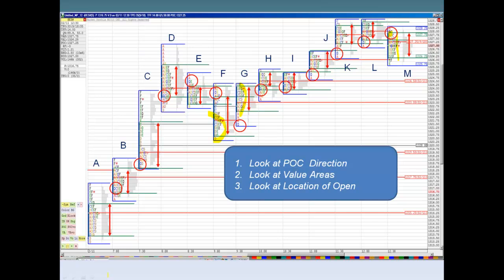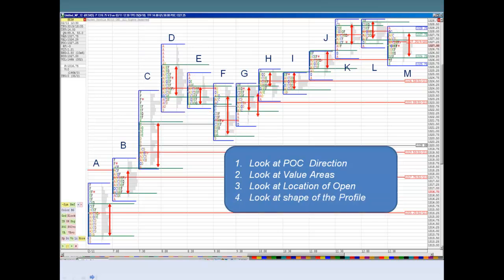And I hope that you will now start building and using these 30-minute mini profiles in perfecting your entries and exits from the market. In addition, of course, to using the daily profile to give you an idea about the big picture and the structure for the entire day. All right. The last thing that we should not ignore, and we should also keep an eye on, is, of